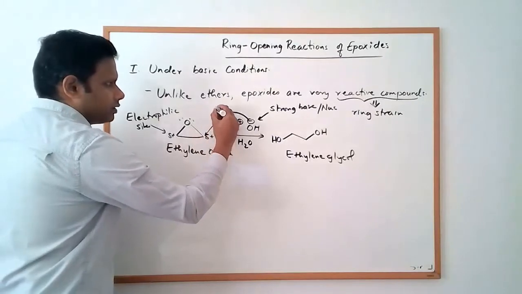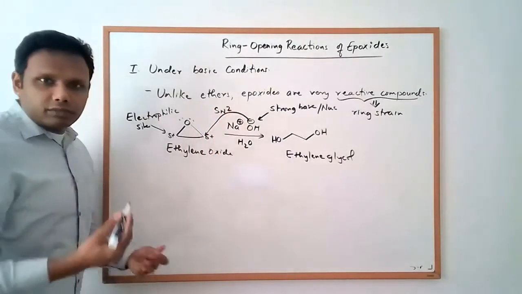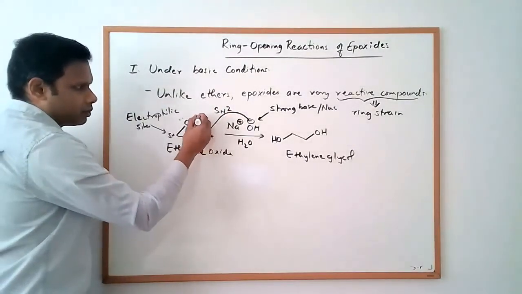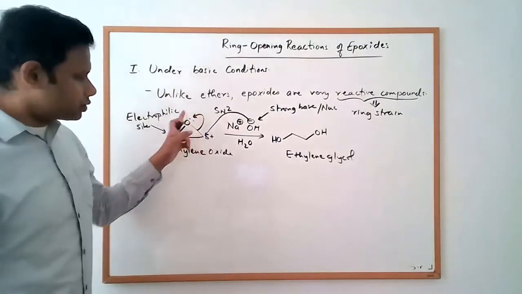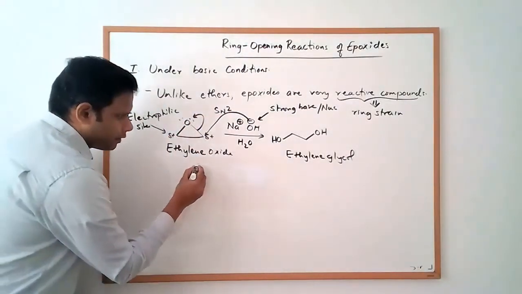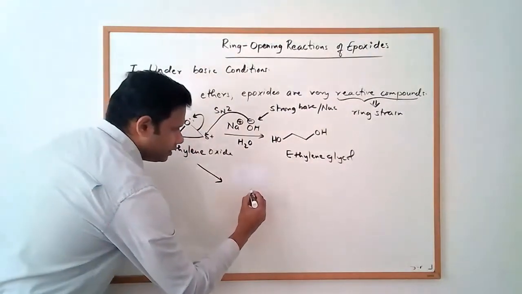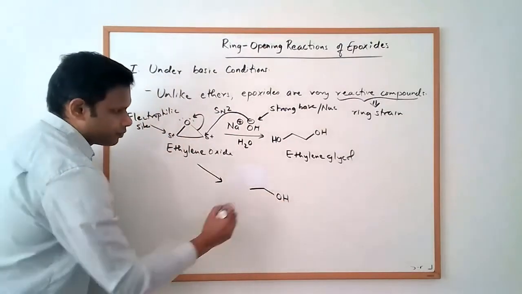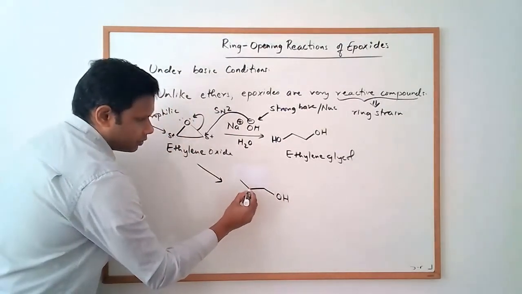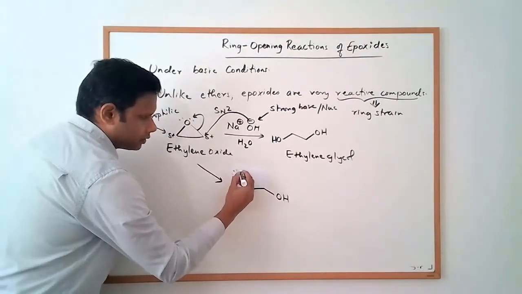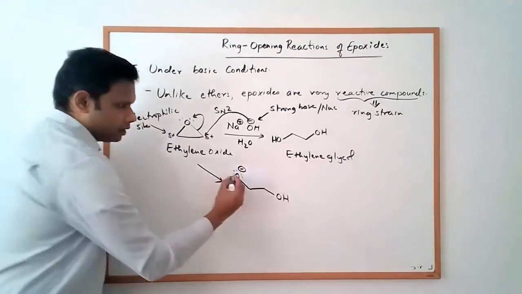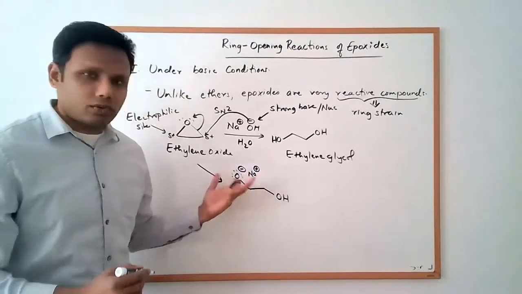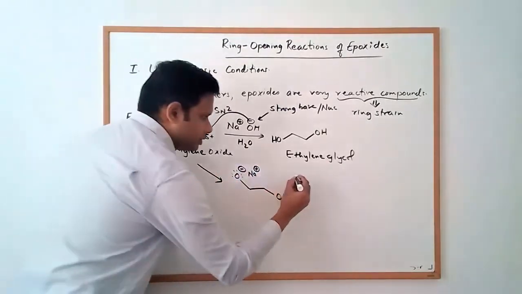So it's an SN2 type of attack on that carbon. As that attack happens, the ring opens up to push the electrons towards the oxygen atom. And so we get an intermediate where we have the hydroxide now connected to that carbon, and on the other carbon, you're going to have an alkoxide. This charge would be neutralized by the sodium ion. That's the role of the sodium ion here. And subsequently now,